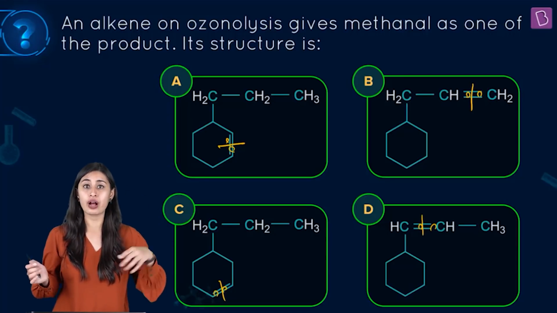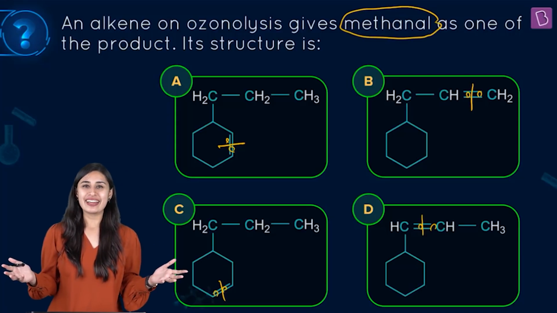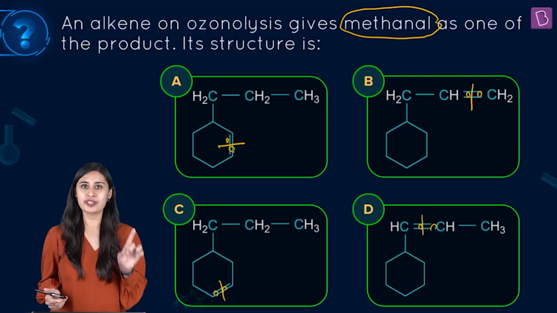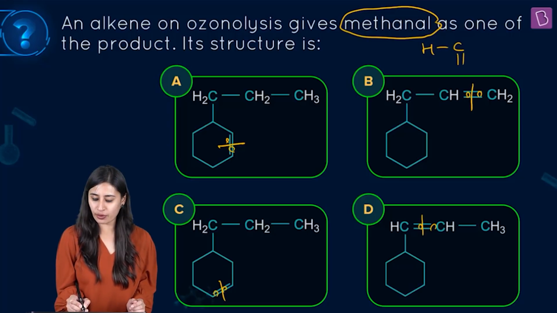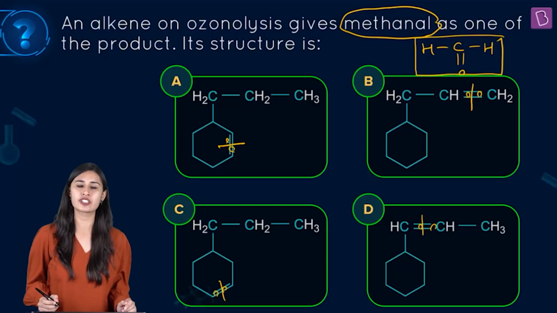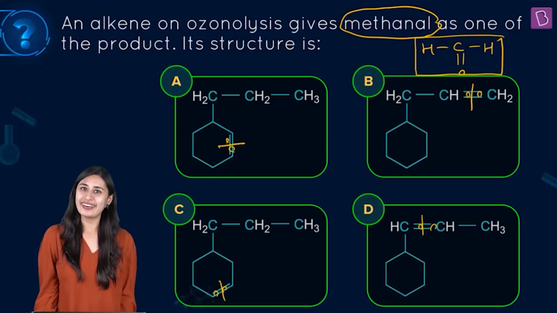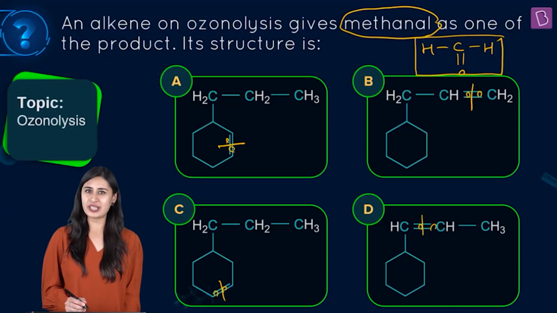One of them will give us methanal. So, it's a thumbs down if you do not know what methanal is. That's the first requisite for the question, of course. So you should know that the hunt is for this particular species out there. This aldehyde, the smallest aldehyde which is possible with 1 carbon, methanal. The hunt is about this particular species. So let's get going. Let's get started. The question is from ozonolysis. Very simple, very easy question.